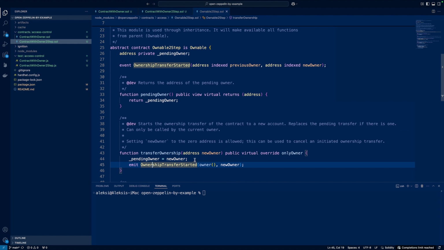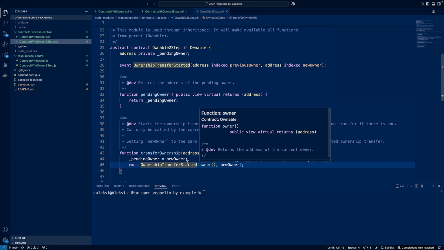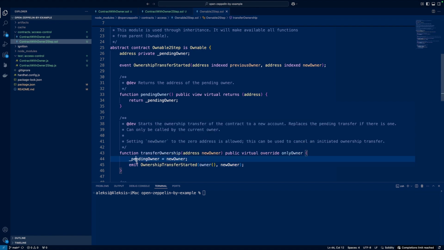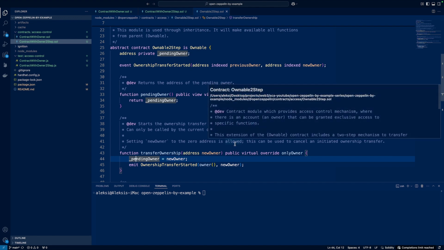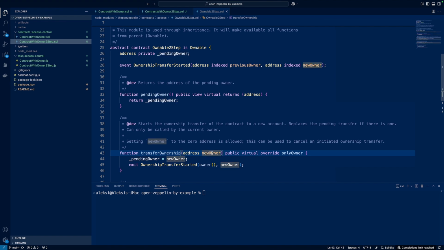Unlike the default implementation of this function from the Ownable contract, where it'll revert if the zero address is passed as the new owner, this one doesn't do that. The reason is, if a mistake is made in transferring ownership, there's still time for the original owner to call this function with the zero address, and that will basically reset this pending owner value back to what it was by default, which is uninitialized, or in other words, the zero address. But also, if a mistake is made, the current owner can just call the function again with the correct address as well. Either way would accomplish the same thing, which is preventing the wrong address from taking control of the